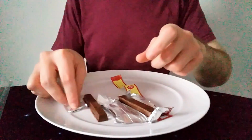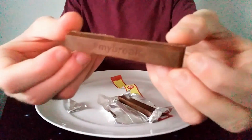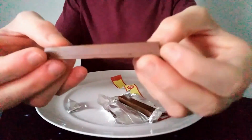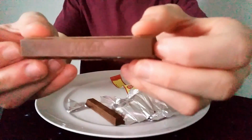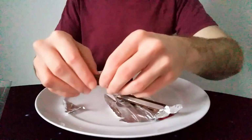Okay. Yeah, so we're going to get a bit of a mess here. Do apologise, I'll try to be careful. So here's what a basic finger looks like. You can see it's got hashtag #MyBreak on this one, I think. So obviously didn't have that back when I was younger. It just had basically KitKat, like that. So this is essentially what it is. And if we give it a snap,